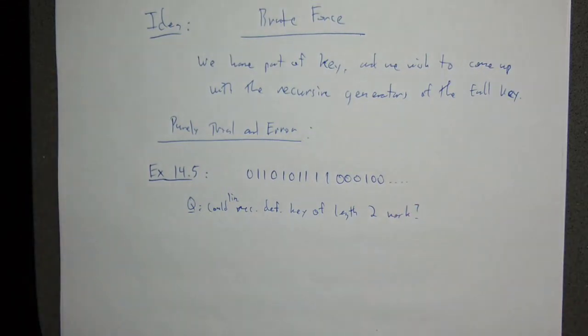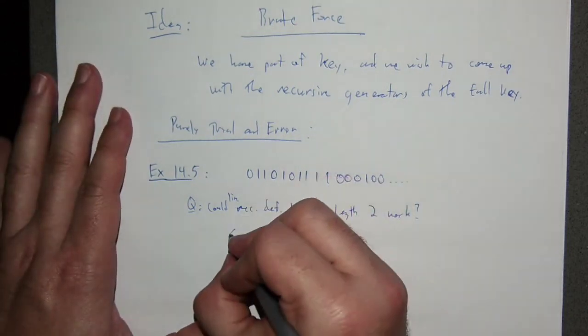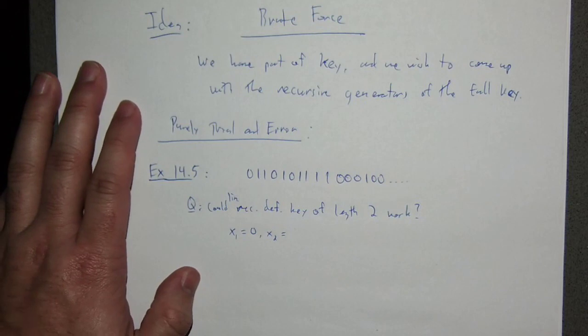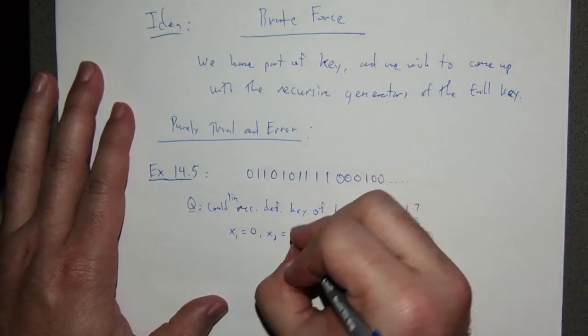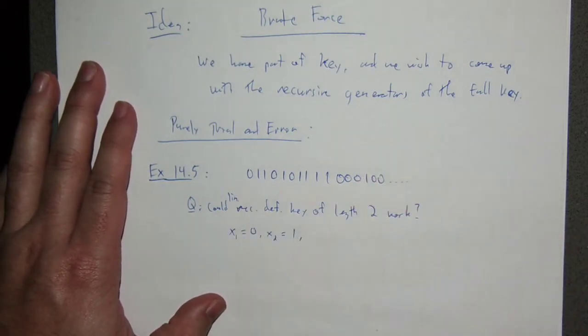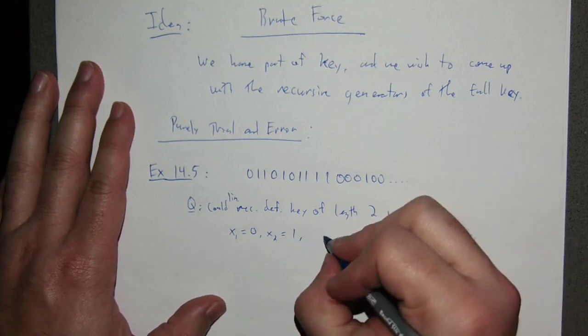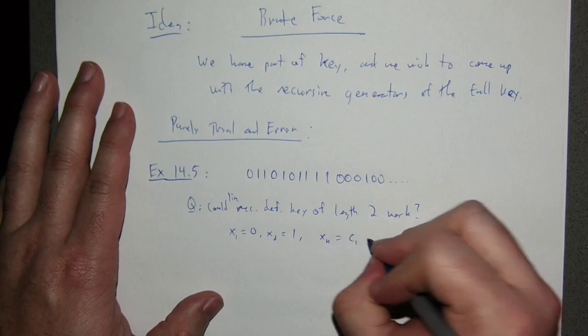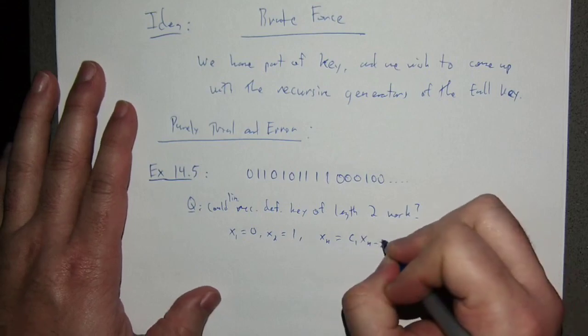Well, what does it mean for one to work? If that's the case, then x sub 1 is equal to 0, x sub 2 is equal to 1. That's just from looking at the key. And x sub n is equal to c sub 1, x sub n minus